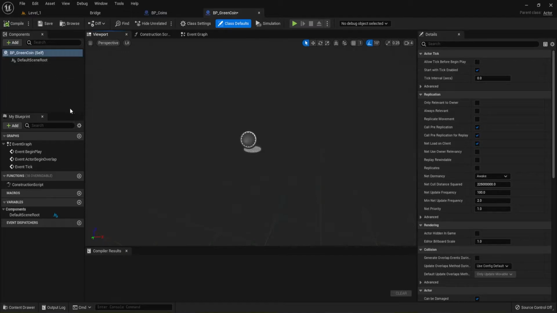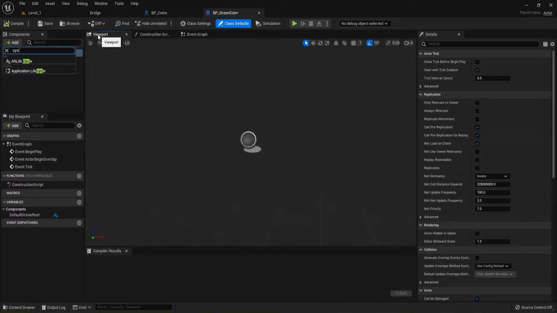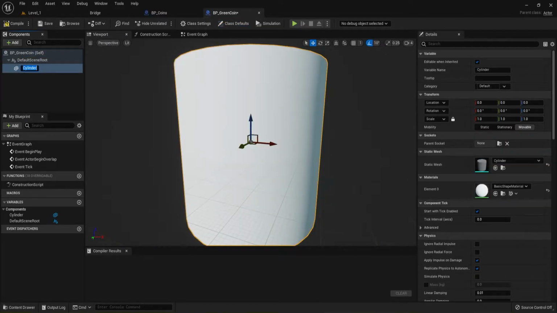So the first thing I'm going to do is go ahead and add another cylinder, because I'm going to modify it. There we go, shape cylinder. Okay, and for my shape cylinder, what I had done was,